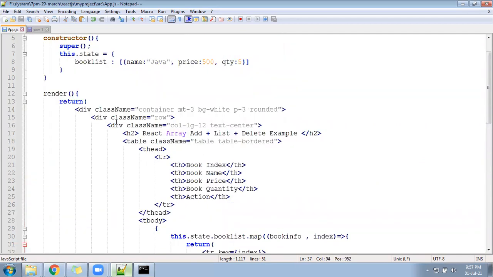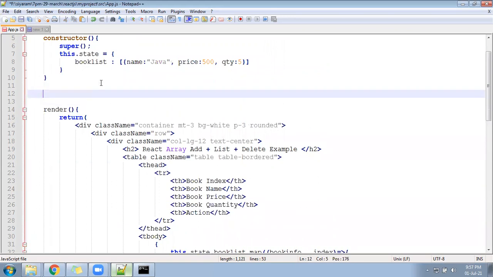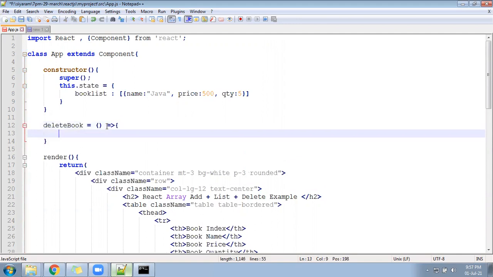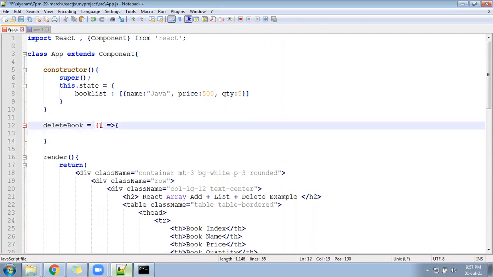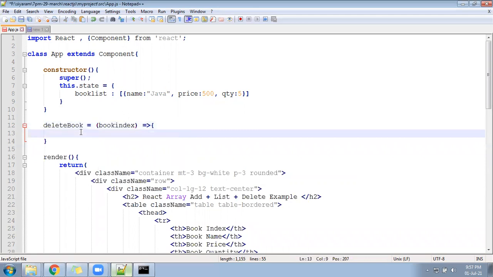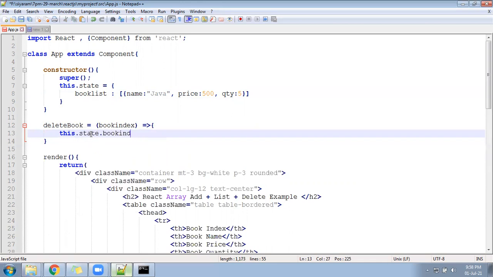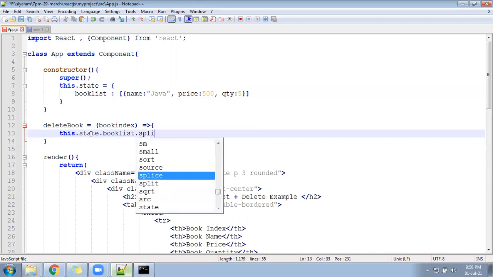Let me do that first. So what I will do, I will write a function here called deleteBook. deleteBook equal to, we require the book index, which book you want to delete, and then you have to write this.state.bookList.splice, the JavaScript function.